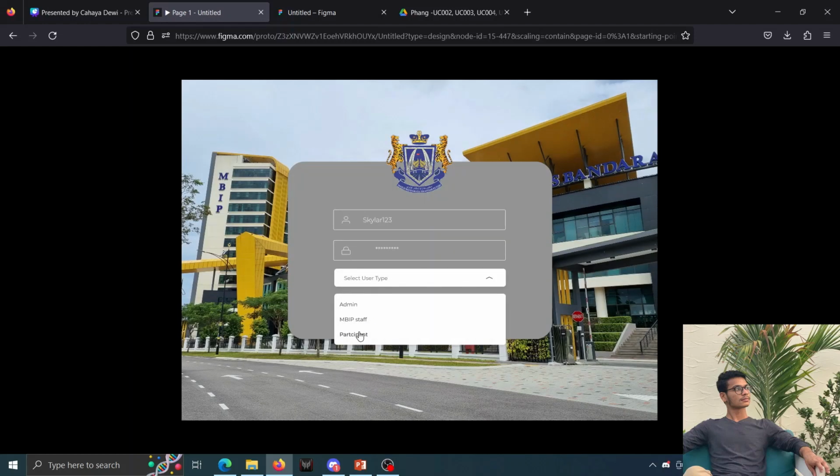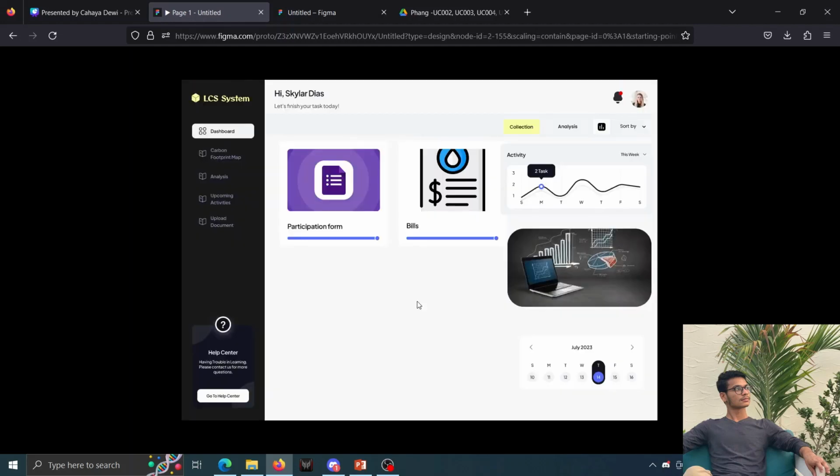Now, if he selects everything correctly and the connection to the database is successful, the user will be able to log into the system, and this is how the dashboard will look like once he logs in. I also helped one of my members, Phang, in designing